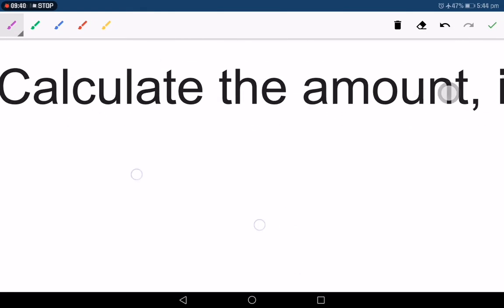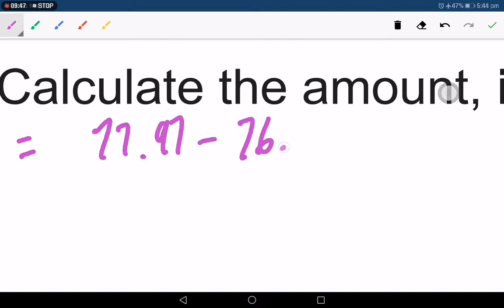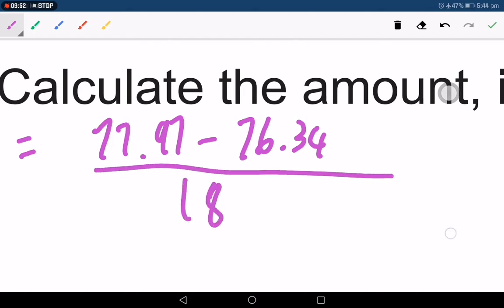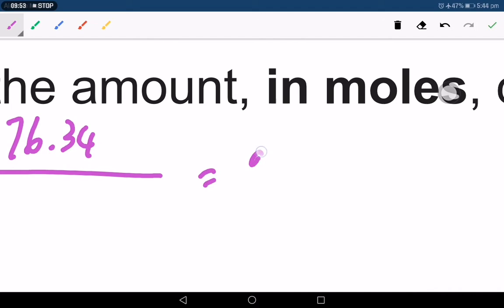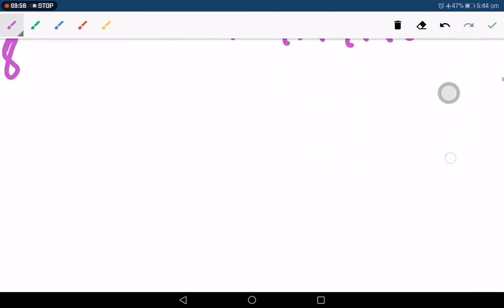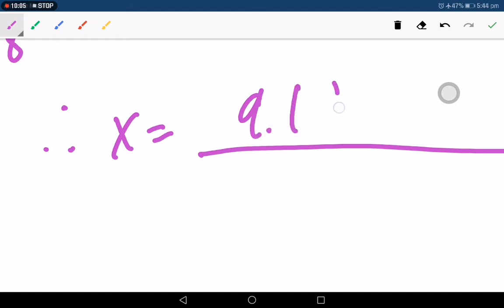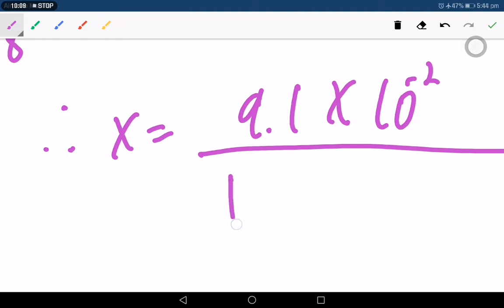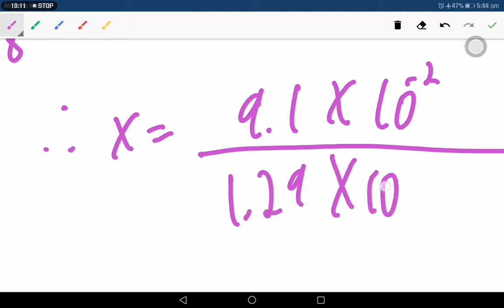Okay, so here they are asking you to calculate the number of moles of water. So it's 77.97 minus 76.3 for what I did first, divided by 18. We know the Mr of water is 18, right? It's 9.1 times 10 to the power of negative 2, just writing in standard form. Therefore, x is equal to 9.1 times 10 to the power of negative 2 over 1.29 times 10 to the power of negative 2